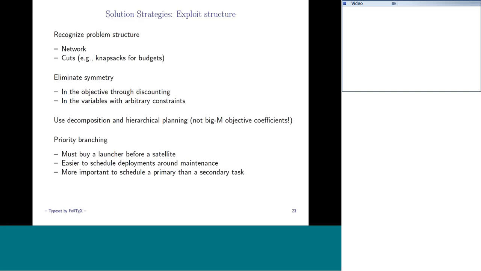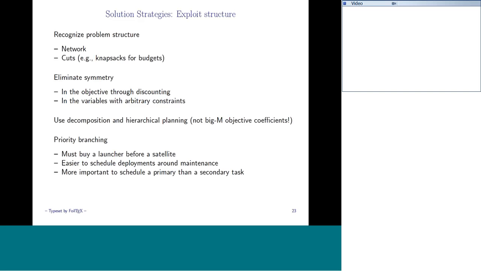We also looked sometimes at constraints where the variables look similar, and we tried to deal with that. You may be able to use decomposition procedures for these. We didn't use any formal decomposition procedures in what we were doing, but that could come of use. We want to make sure to eliminate coefficients on big M's that look horrendous, where some quantity is less than or equal to a logical variable times the extent to which it can be positive. You don't just want to say it can be infinity. There's usually a good bound on that.